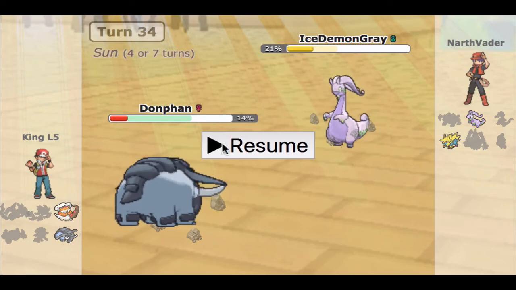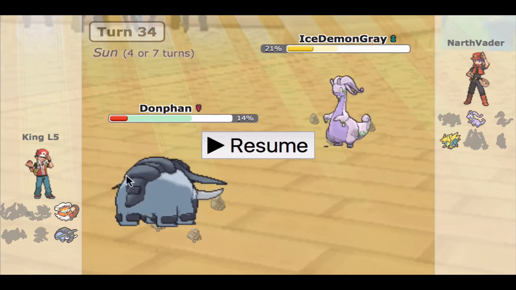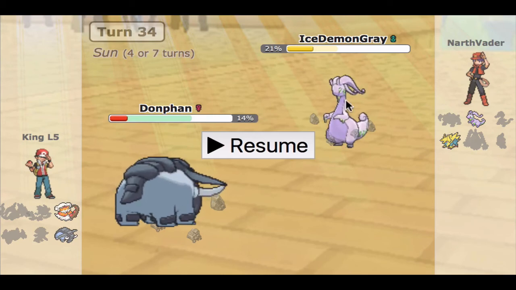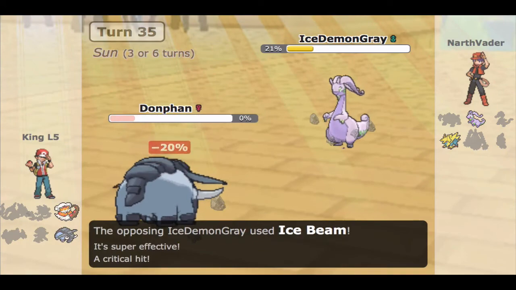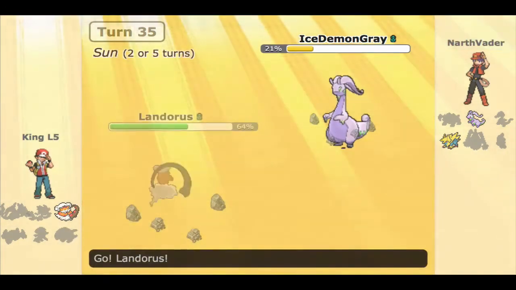So I felt like Landorus was the safer play because U-turn into Knock Off would be able to knock out the Goodra as well as the Manectric in the back. If I did have Ice Shard here, Donphan would have won and I would have gotten the 2-0 victory, but this Goodra is confirmed to be Sap Sipper already, or at least not Gooey. I don't know why you'd want to run Hydration, so definitely assuming Sap Sipper, and since it's not Gooey, I'm able to sweep with the Scarf Knock Off this following turn, and so my Landorus is able to clean up the